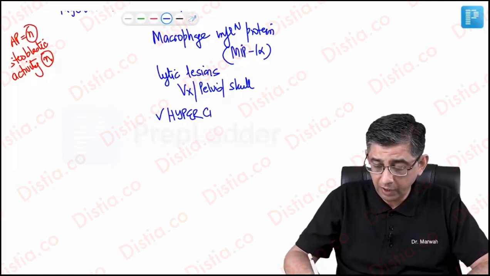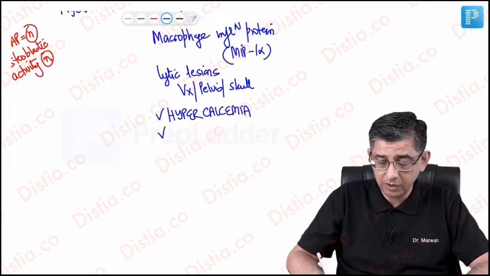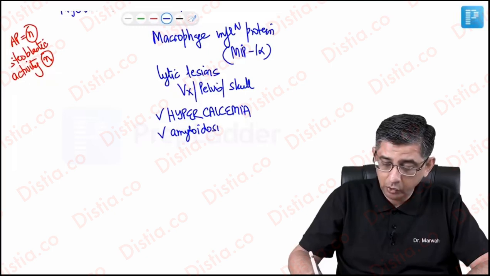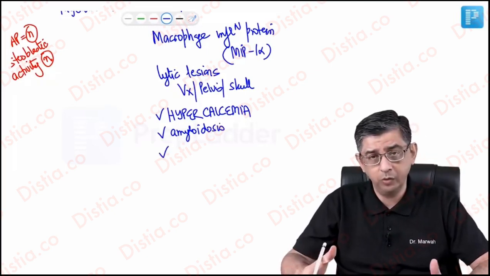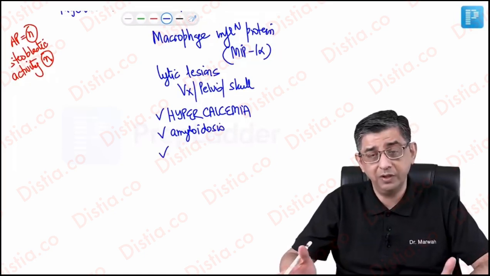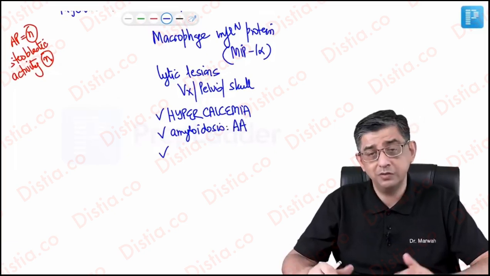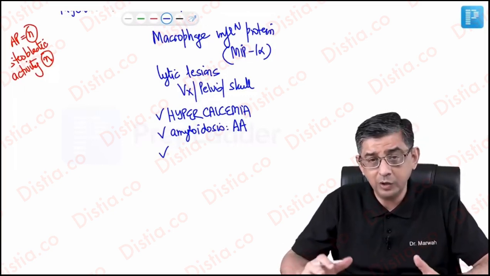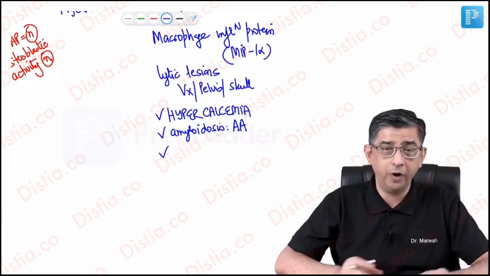So you will be having hypercalcemia developing in these patients. Because it's a chronic disorder, amyloidosis will also occur. And both of these factors that I've written on the slide, hypercalcemia due to bone destruction and amyloidosis, because anyway we are talking about association with the AA variety of amyloidosis which can damage the kidney. So two reasons have been enumerated why the kidney in these patients was discussed initially as one of the organs bearing the brunt of the disease.